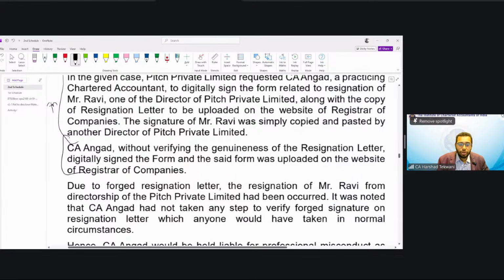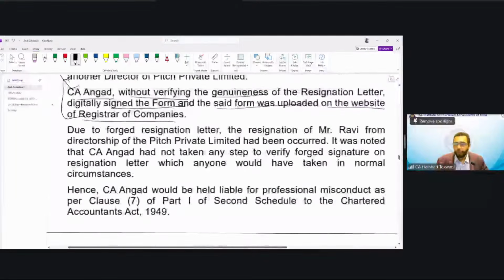Okay. So CA Angat, without verifying the genuineness, signed the form, and said form was uploaded on the website of the registrar of the companies. This is something wrong that he has performed. And due to forged signature, he should have taken care, but he has not taken, he has not performed the due diligence. As a result, he is